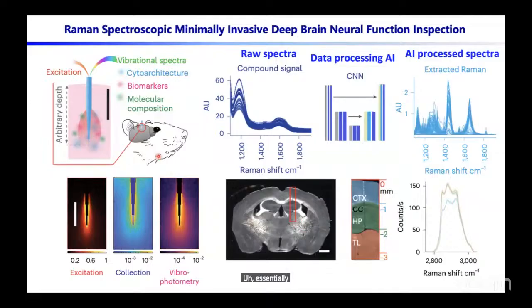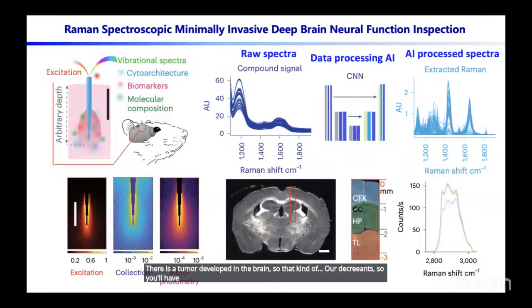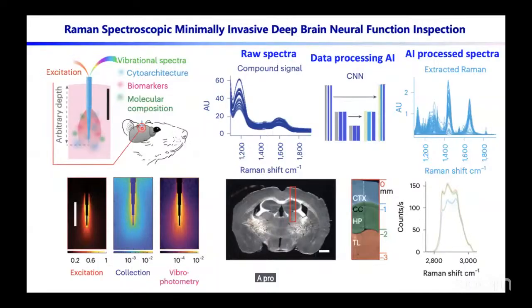Essentially, it is to use Raman spectroscopy to measure whether or not there's a tumor developed in the brain. So that kind of application. You have some kind of probe inserted into the brain tissue,